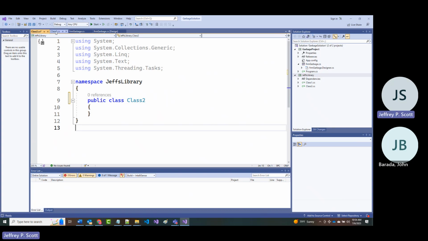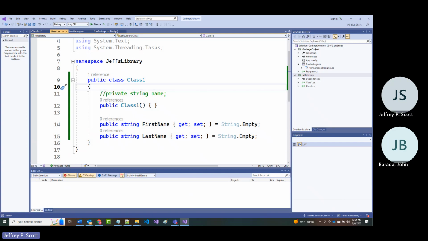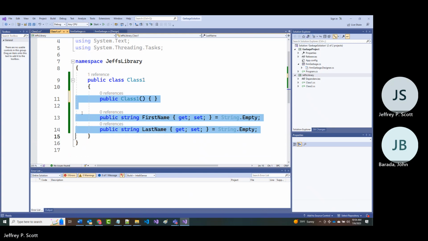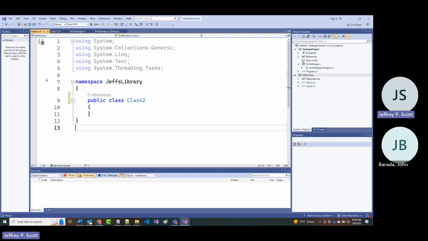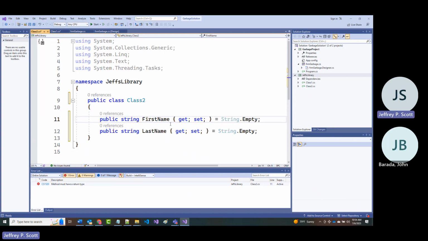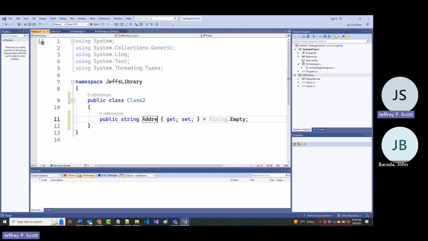I'm going to go back to my class 1 here, and I'm going to get rid of that. And now I'm going to bring that in, but I'm going to change some stuff in here. I'm just going to make one field in here, and it's going to be public string address, with another get set.